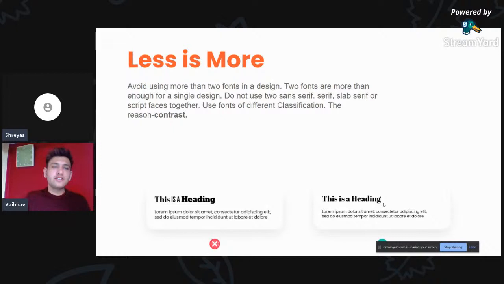So the first tool is less is more. Whenever you're trying to design something, anything, whether it's an application, whether it's a design, try to keep the number of fonts as minimum as possible. If you can use a single font, use a single font. Try at most using two fonts, not more than two. Because as you can see in the example on the left side, three fonts do not give you a sense